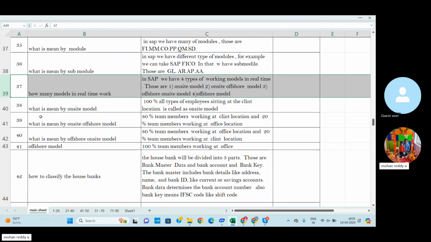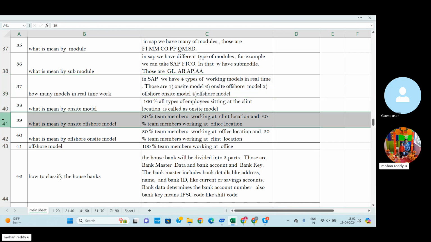What is meant by on-site? On-site means 100% of employees will be sitting at the client location and working at the client location. Then only it is called the on-site model. Then the on-site offshore model is nothing but 80% of team members working at the client level, and 20% of team members working at the office location.